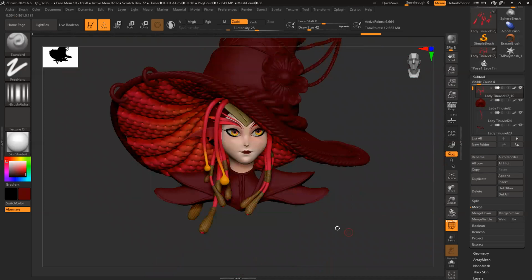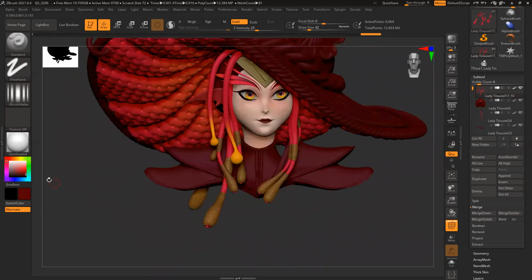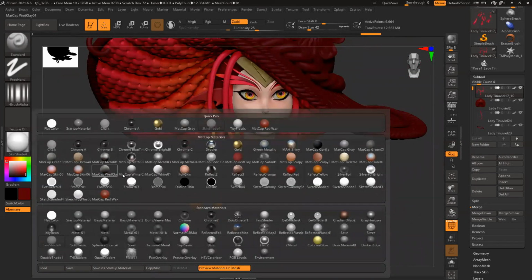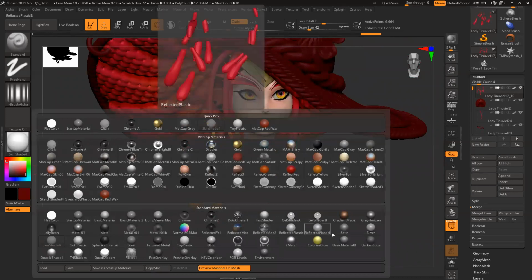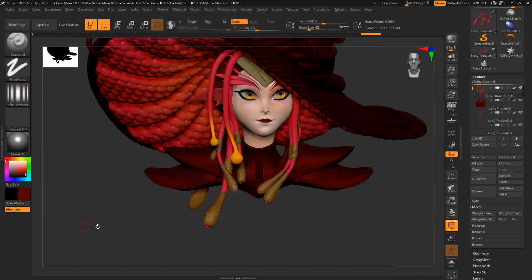Control W, one single poly group, and it's more of a metallic shiny thing, so I can use anything from here. You can see I'm not using matcap because matcap doesn't work with light. So I can have this metallic material, and the color is a little towards blue and quite dark.